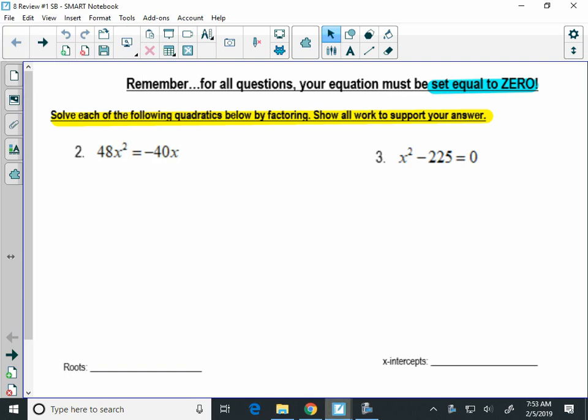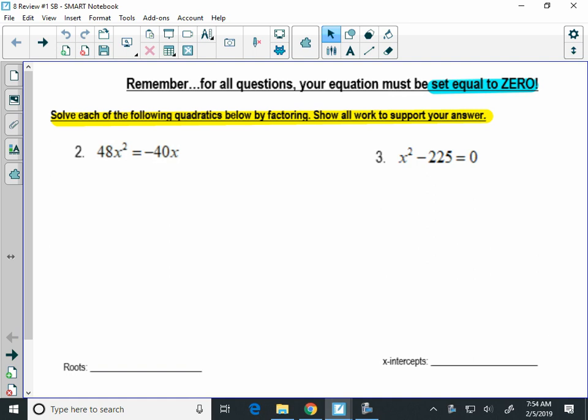Right, this is the video for the Solving Quadratics unit review number 1. There's 2 reviews. I'm going to do some problems on both. The first one here says solve each of the following quadratics by factoring. So show all work. When you solve any quadratic, you need to start by making sure that the quadratic is